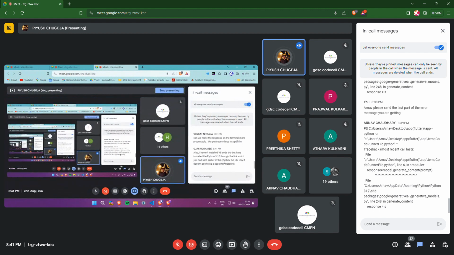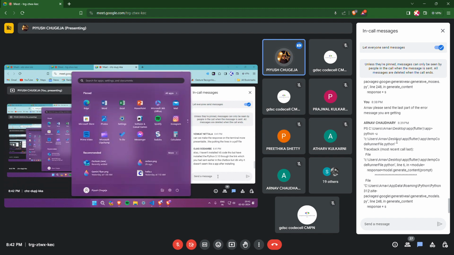Yeah, definitely you can do that. Python 3.10 is a runtime environment. It will help you run Python code inside your machine. It doesn't act like an application.